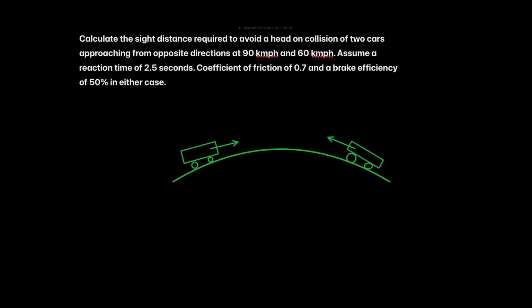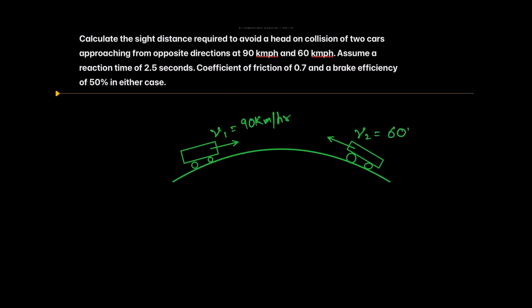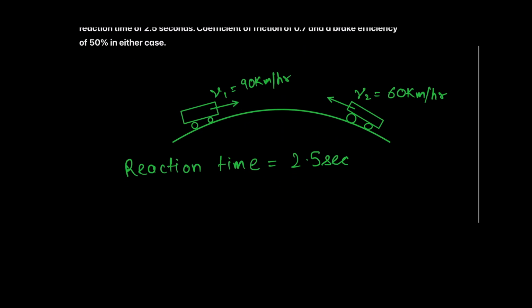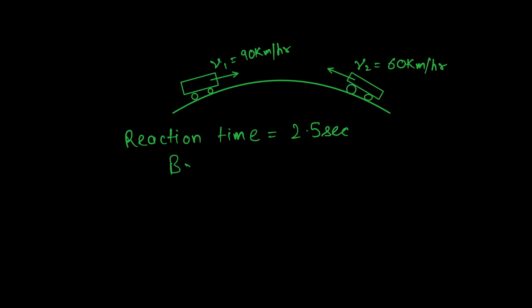So what is the given data for us? I have prepared a diagram for you. In this case, V1 is equal to 90 km per hour. For this, V2 is equal to 60 km per hour, right? So reaction time would be equal to 2.5 seconds. Same has been given in the question as well. Brake efficiency for both the cases would be